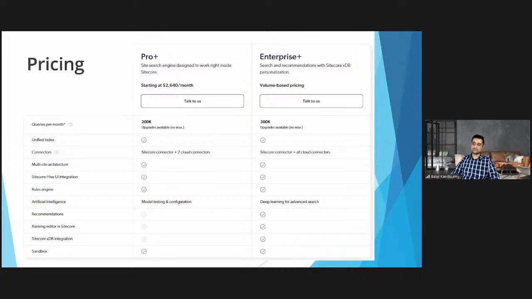So just a quick brief on the pricing. This might change, and it also depends on your needs and how many queries you do. But basically, they have 2 different plans, Pro Plus and Enterprise. 2 things to be aware of. The main difference, I'll say, from the pricing factor, always depends on what the company needs. I've been using Pro, and I've also had certain clients using Enterprise. The main difference is